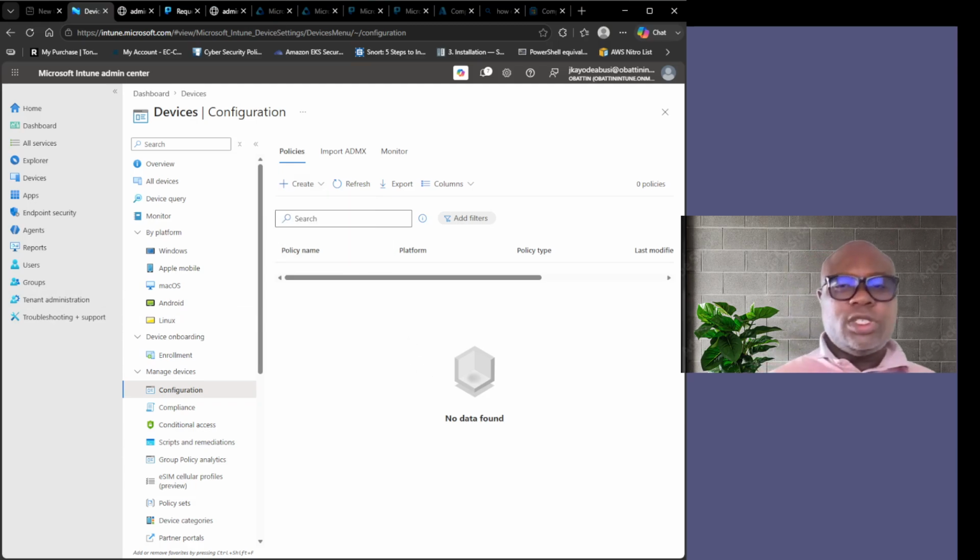Configuration policies are where you define how enrolled devices are set up. Think of this as a modern replacement for group policy, but cloud native, platform aware, and applied regardless of whether the device ever touches your corporate network or not. So you create configuration profiles that enforce settings across your device fleet: password requirement, encryption mandate, VPN configuration, Wi-Fi profile, email account setup,